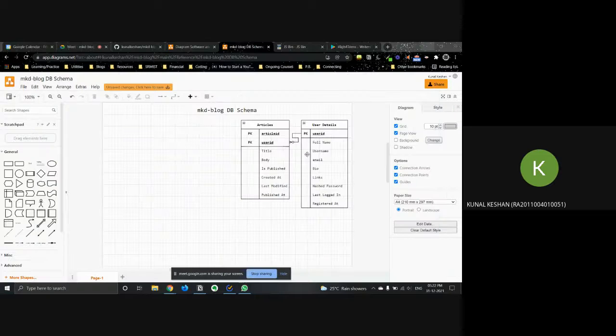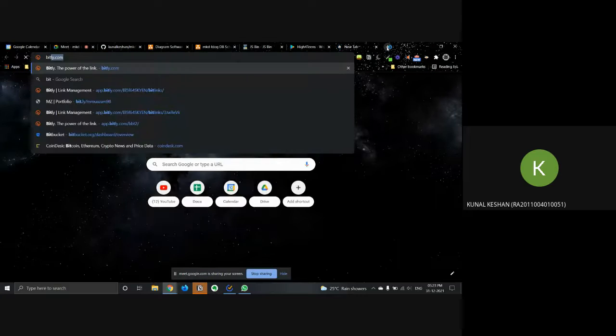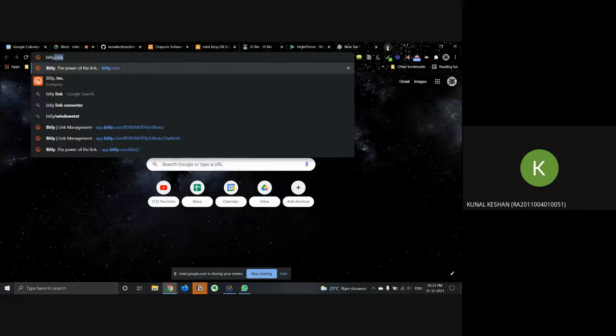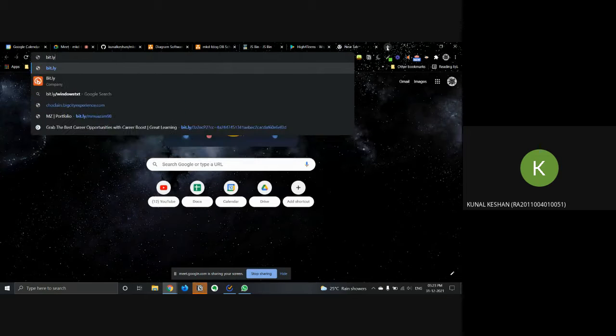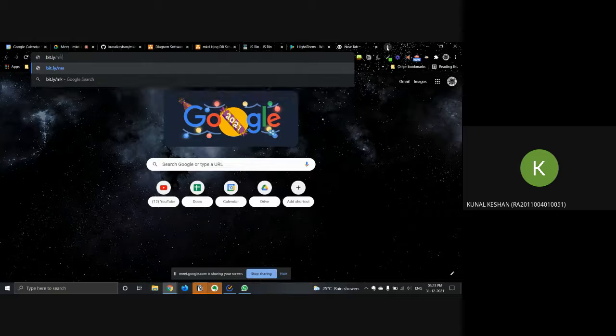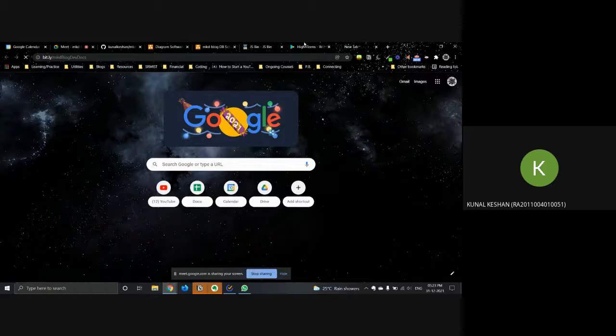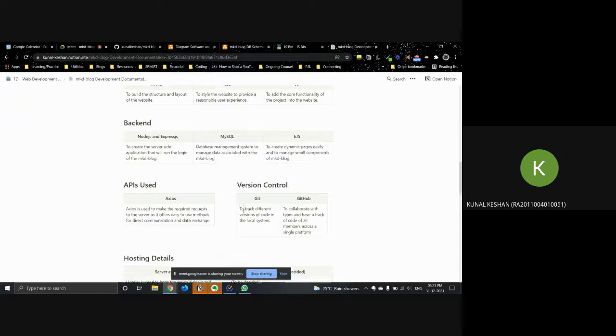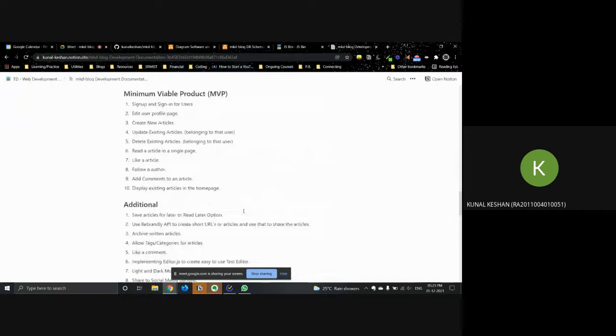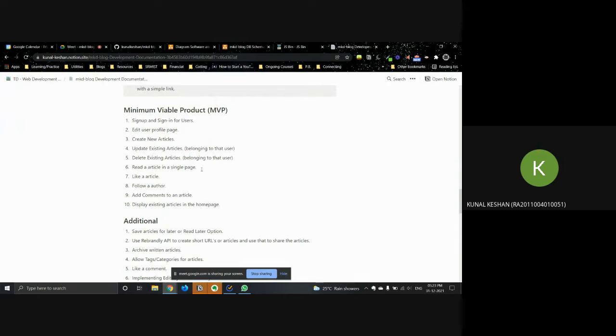So yeah, let's just refer to it from here. Yeah, so these were from 3 to 6. These were the main ones that are associated with the articles table.